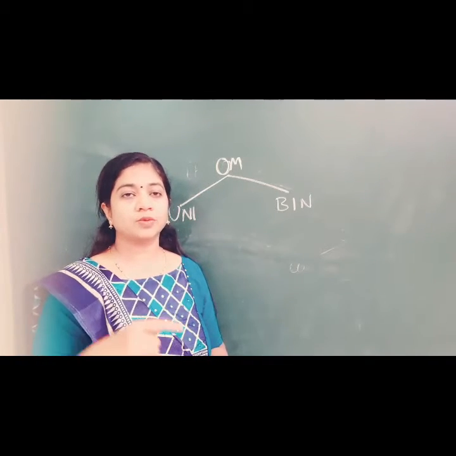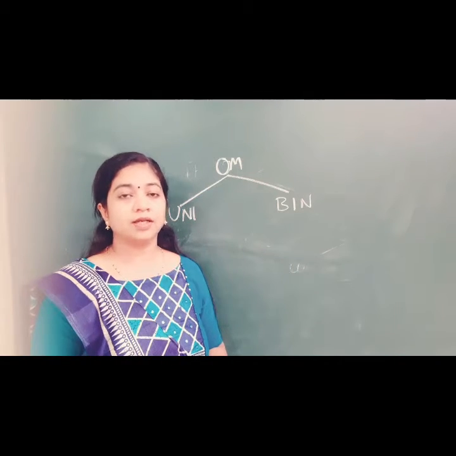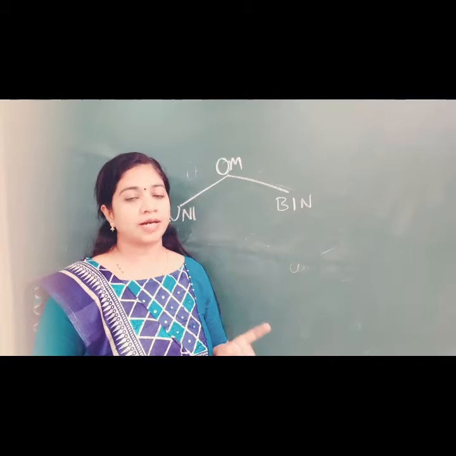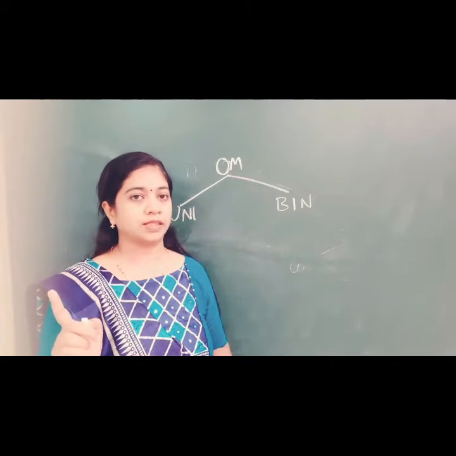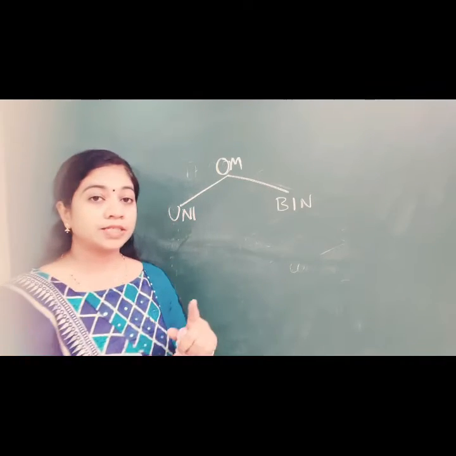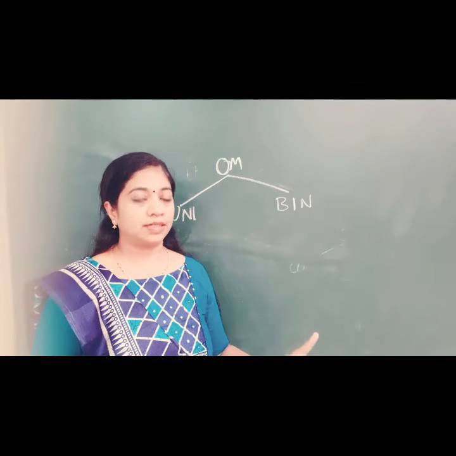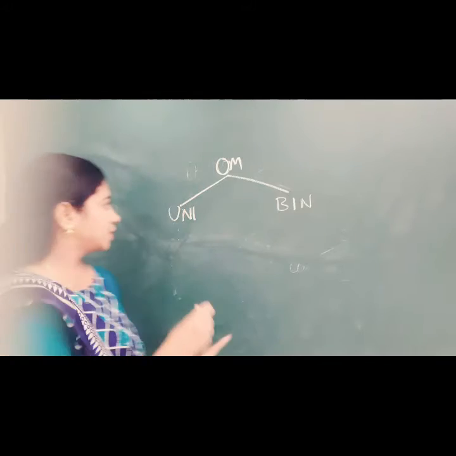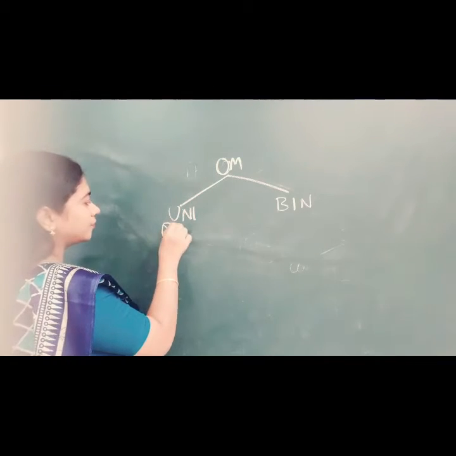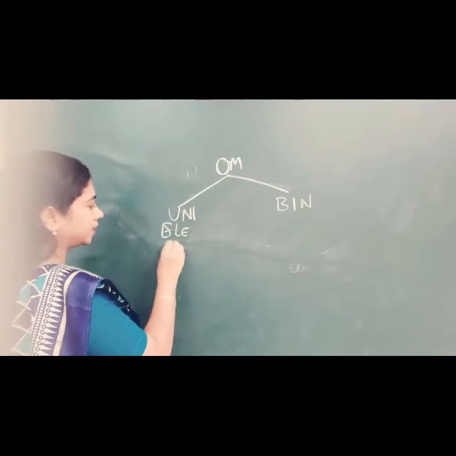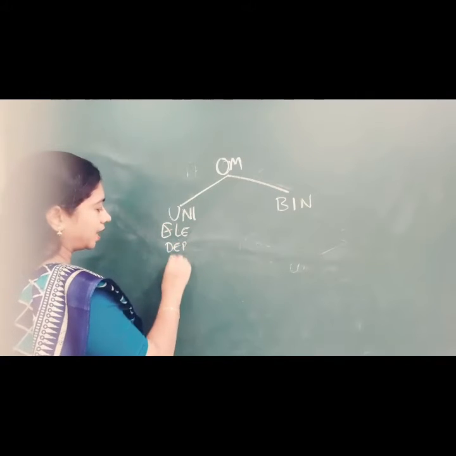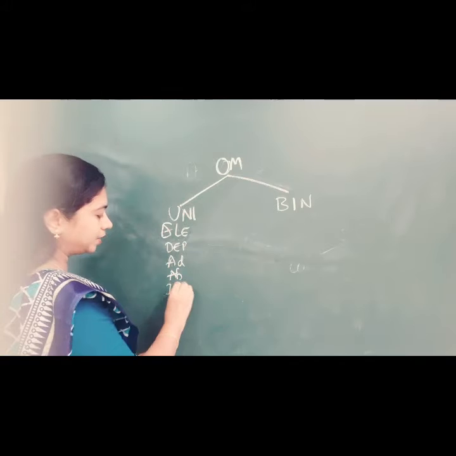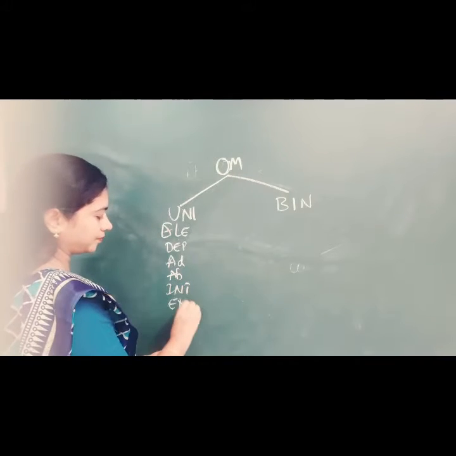So if the person is looking up, it is called as elevation. When they are looking down, it is called as depression. When they are looking nasally, called as adduction. Away from nose, that is abduction. And when the person is looking down and in, that is called as intorsion. Down and out is called as extorsion. So in uniocular movements, you have elevation, depression, adduction and abduction, as well as intorsion and extorsion.